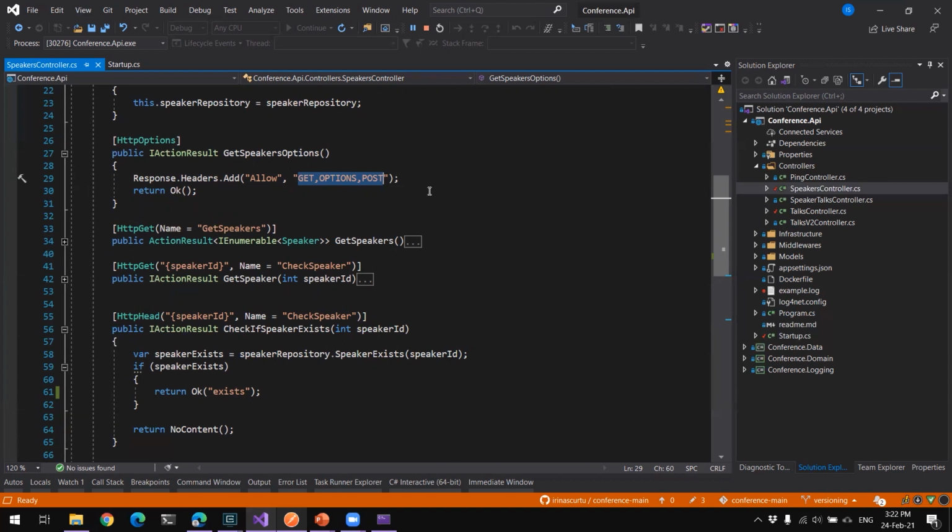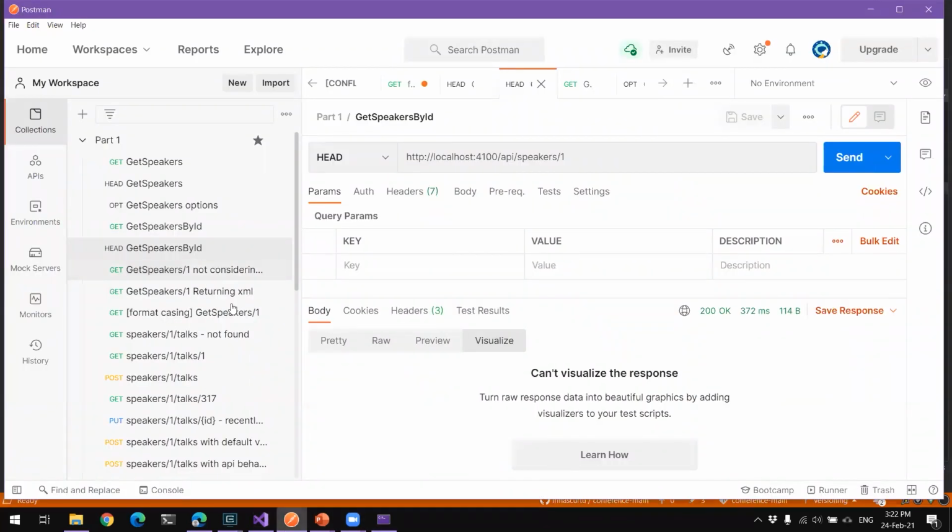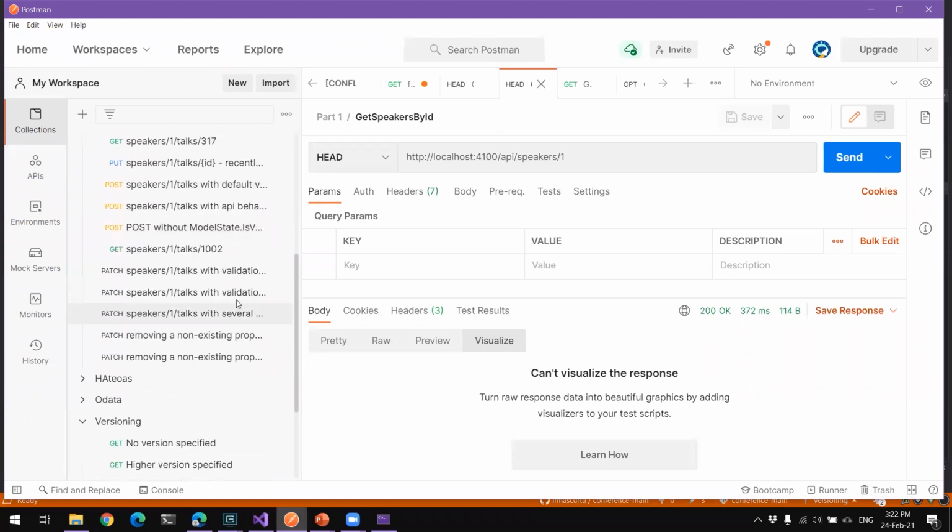So if we're thinking about client apps, they are using HTTP OPTIONS by default. We don't care about that. They issue an HTTP OPTIONS request and then the actual request. There is a lot to talk about regarding HTTP OPTIONS as a verb and its role. But let's see if we find this here.